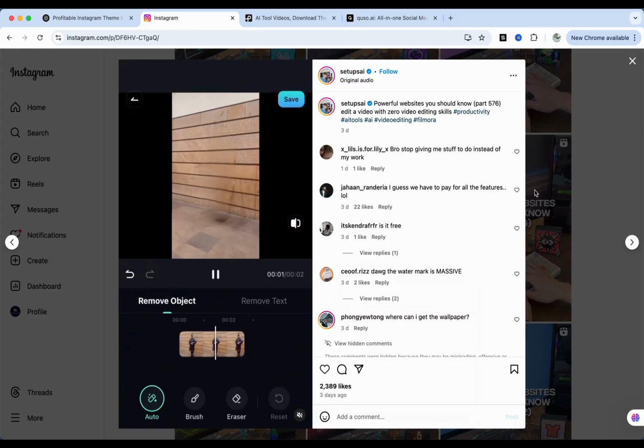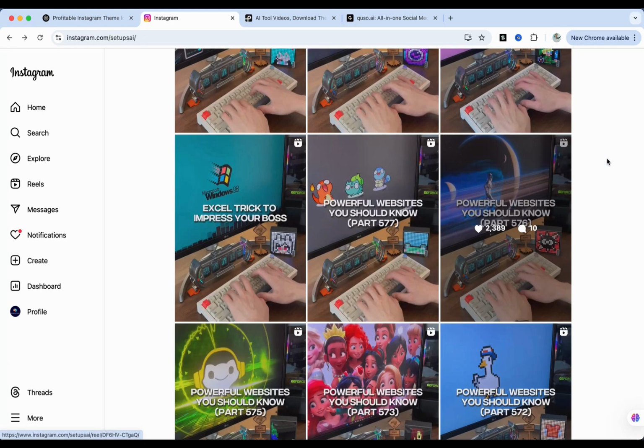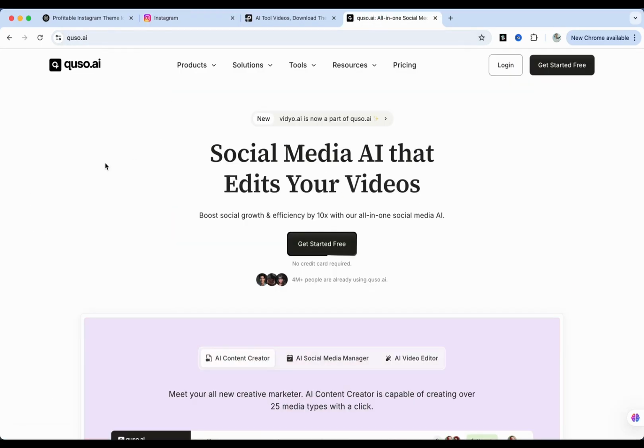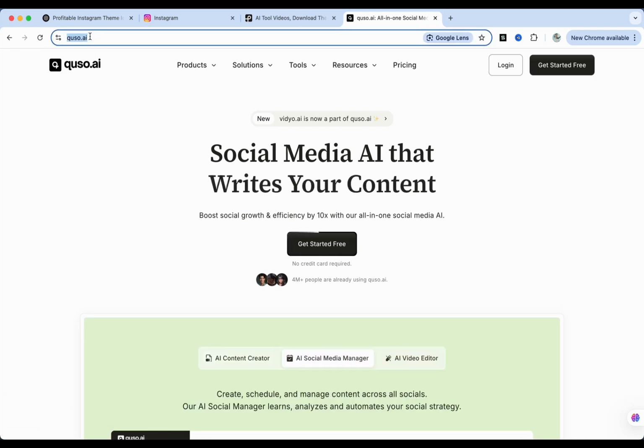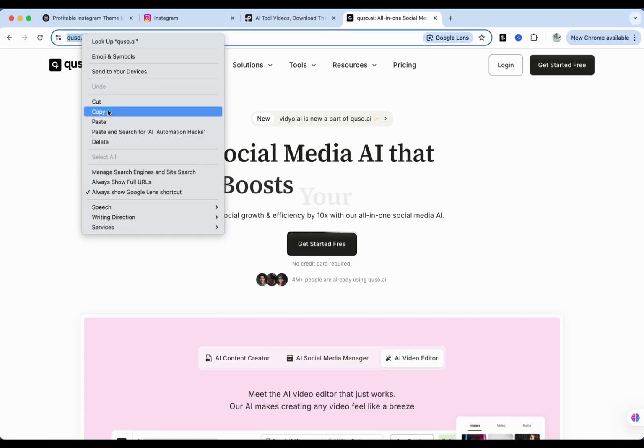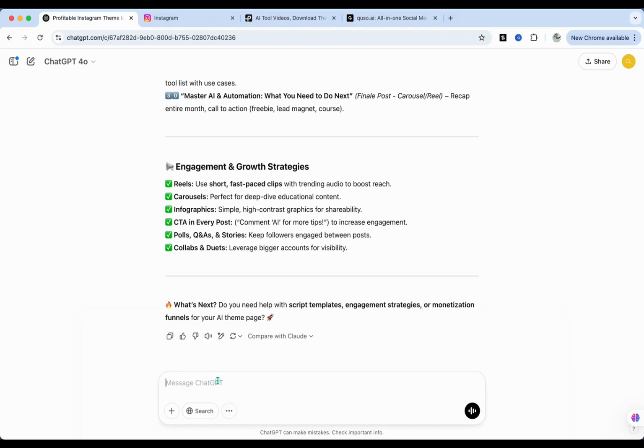Right now, let's begin. So how this is going to work is I'm first of all going to need to get a script. For that, I'm going to go to ChatGPT. The tool I'm going to cover in my video is Systemeio, which is a great tool. So I'm going to take the website and copy it. I'm then going to go to ChatGPT and say, give me a